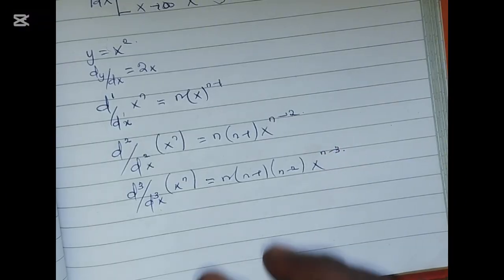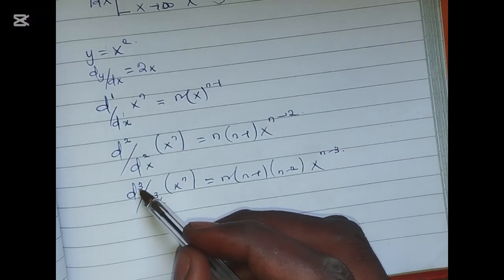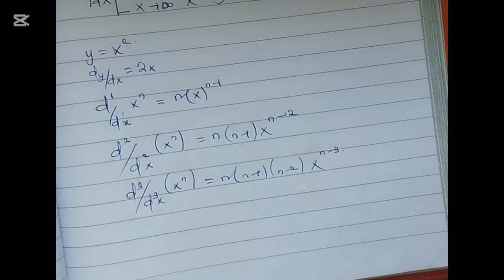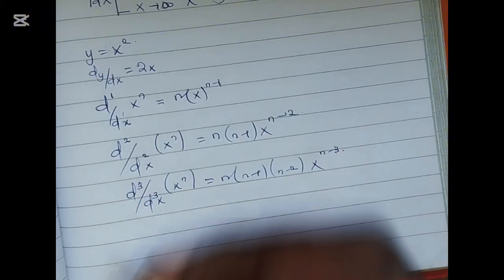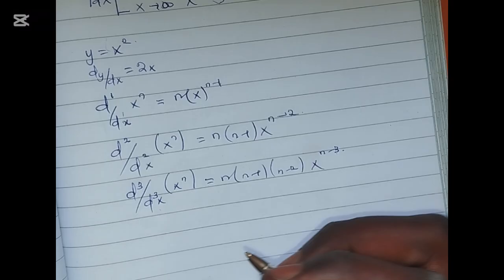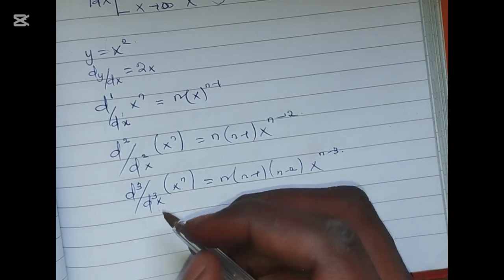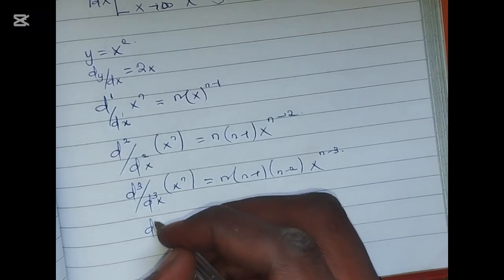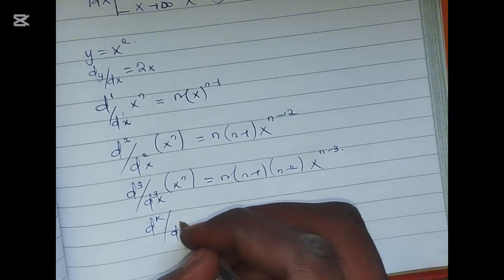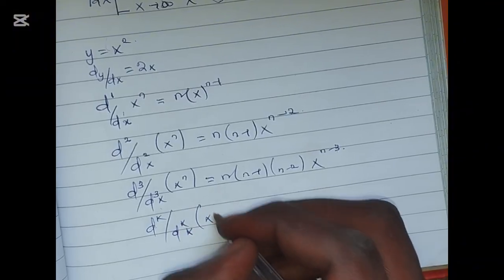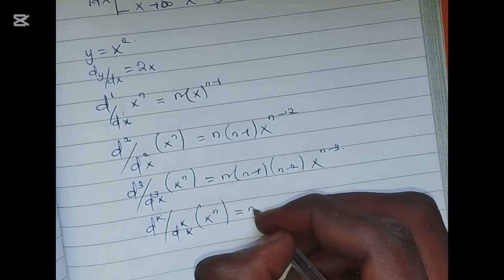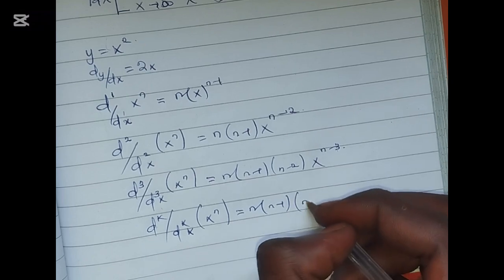Now, when we have... see a pattern again, 3 and 3 is here. Now assume that we have k. Assume that we are finding the kth derivative of xn. That simply says,